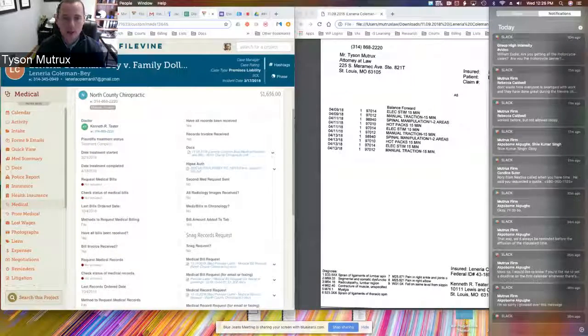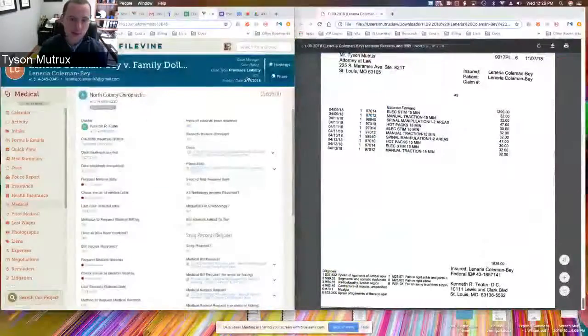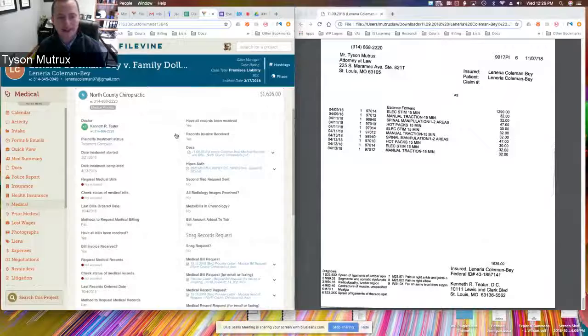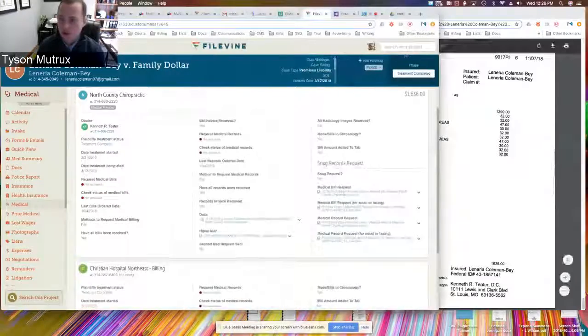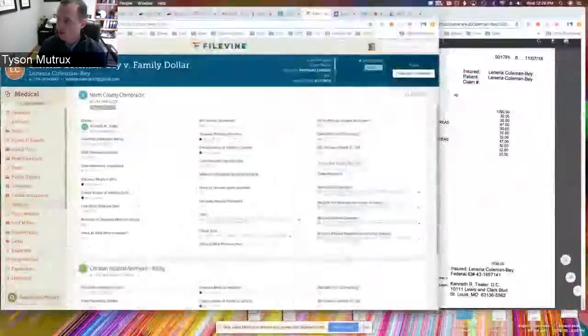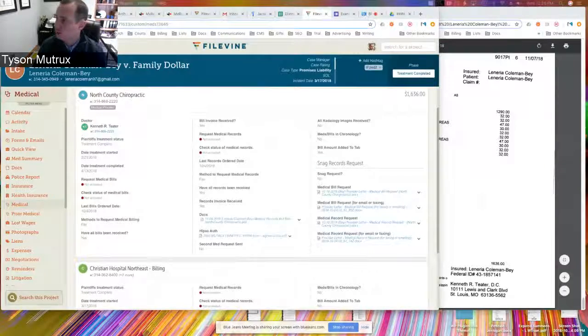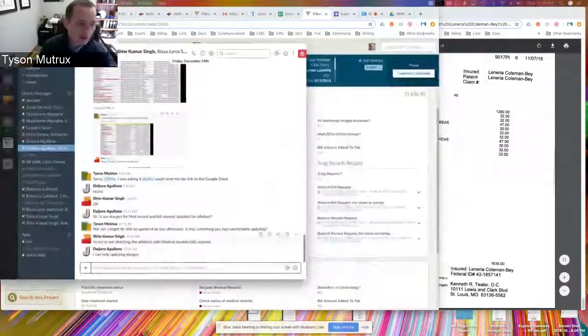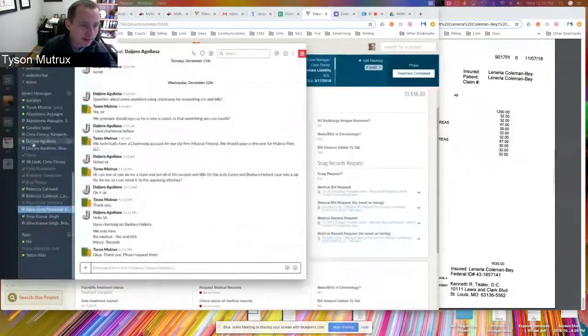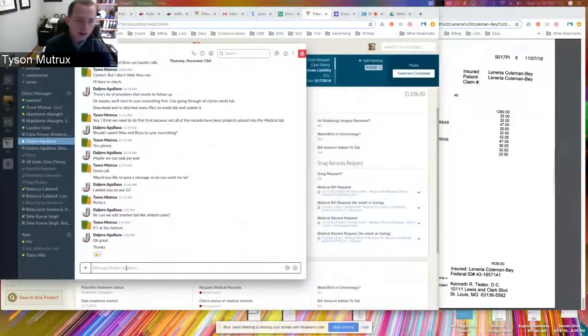Okay, so once you've added this basic information, you are done once you've uploaded, but you're not done. You're done entering data, but you're not completely done. What you're going to want to do now is pull up Slack, and I'm going to pull up my message. So this is pod 2. This is a Jiro case, and I'm going to send him a quick message, and it's going to say, hey,